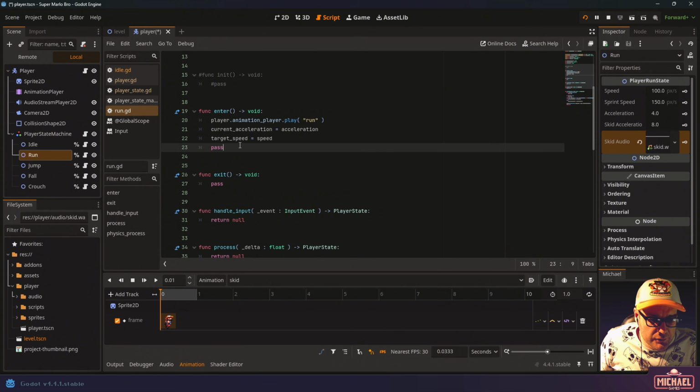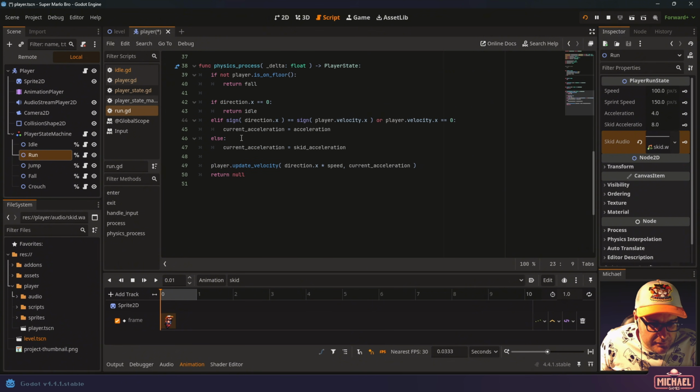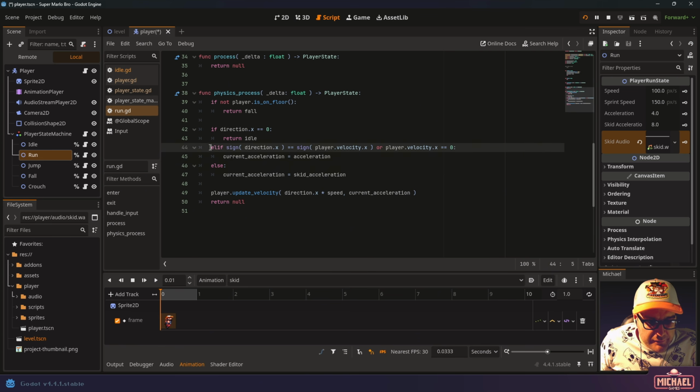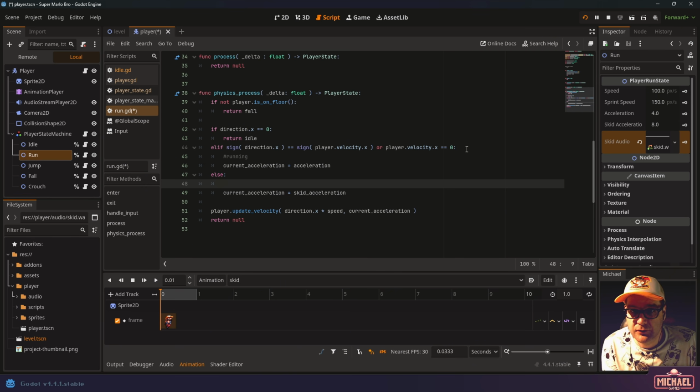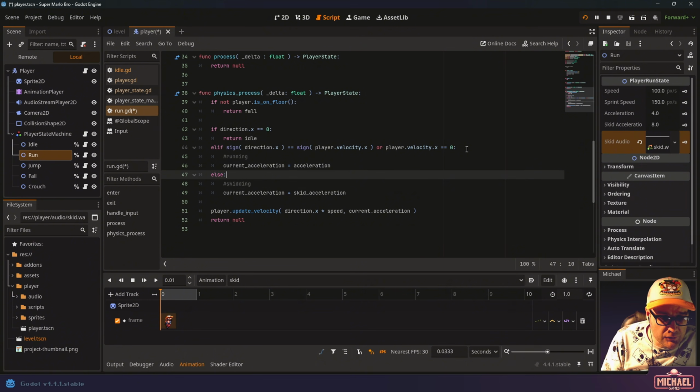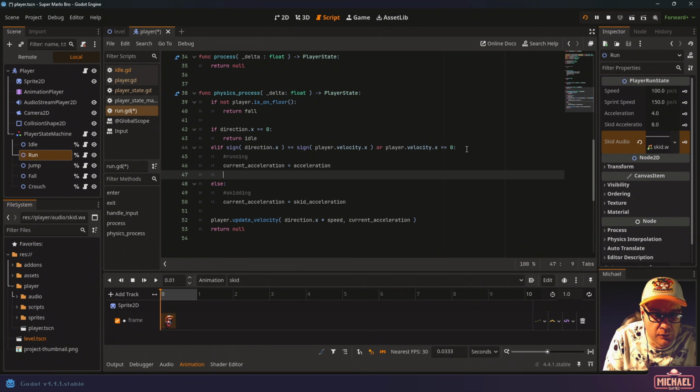So what we're going to do here in our run script, let's go back down to this statement here. We've successfully determined that if this branch of logic is true, that means we are running. Now, if we hit this else condition, that means that we are skidding. And so what we can do is actually just change the animation in here. So we could say